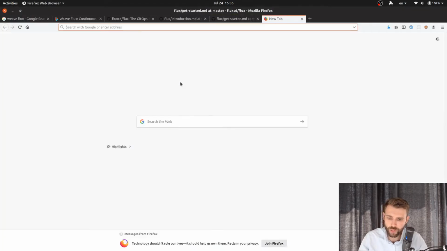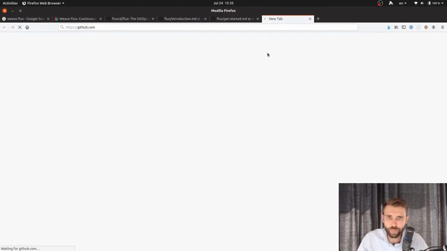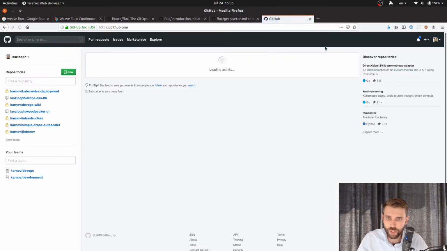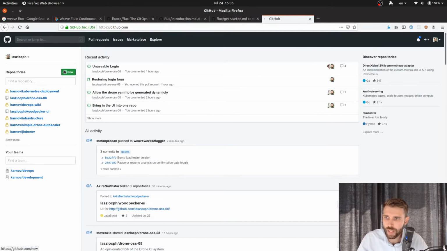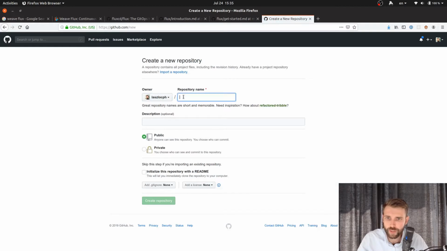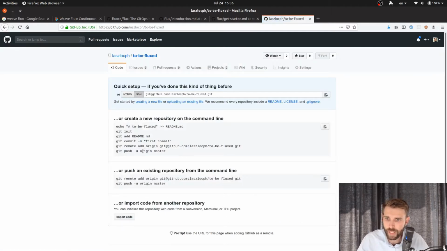So I'm going to need a Git repository. It told me just a minute ago. So let's make a new repo, and that's going to be Fluxify me. No, that sounds very bad. Flux, to be fluxed. To be fluxed. I like that. All right, so let's create this repository and